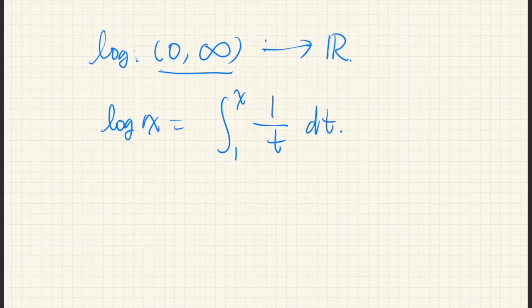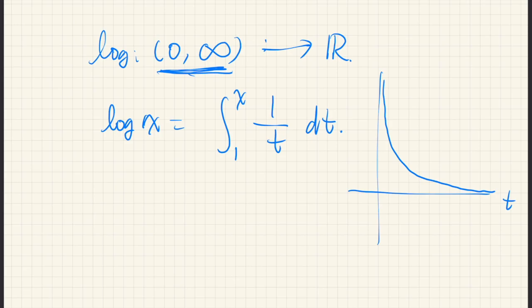Okay, so 1 over t looks like this. We only consider the positive part, right? And we integrate this from 1 to x. So let's say this is 1. Then when t is 1, 1 over t is 1. And when x is greater than 1, this integral means the area under the curve between 1 and x. Okay? When x is less than 1,